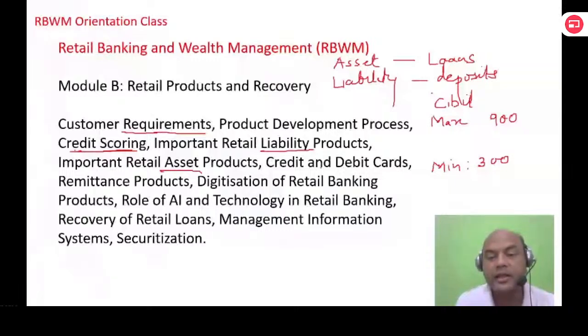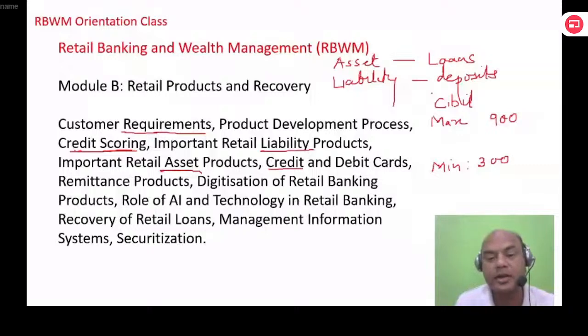Okay. Then credit card and debit card. Very important topic. You have a numerical on this credit card. They'll give you the date of the transaction: on so and so date the transaction was done. What is the amount of interest this person has to pay? What is the date on which this person has to pay? In credit cards there are various days, various limits we call it, right? So there's a numerical in credit cards.